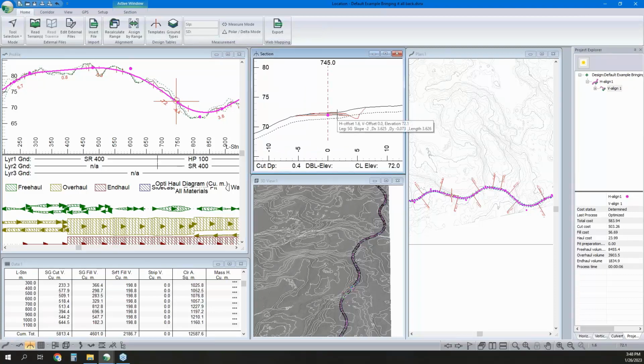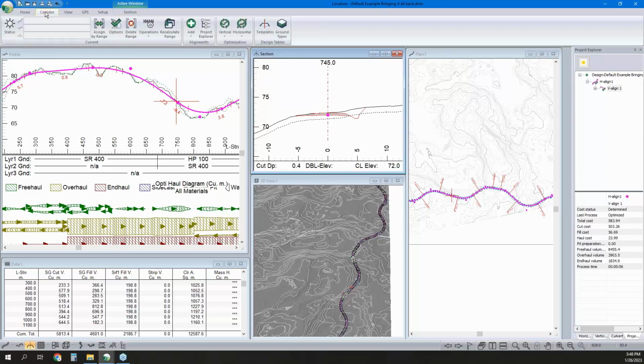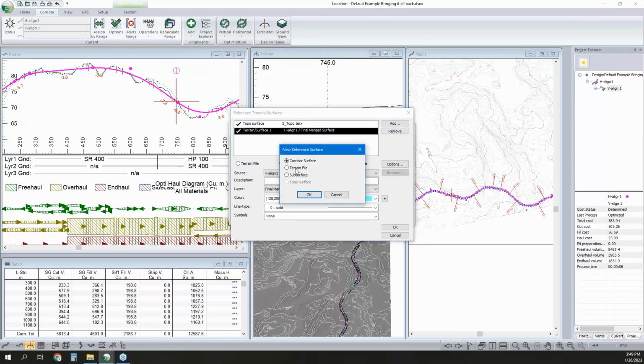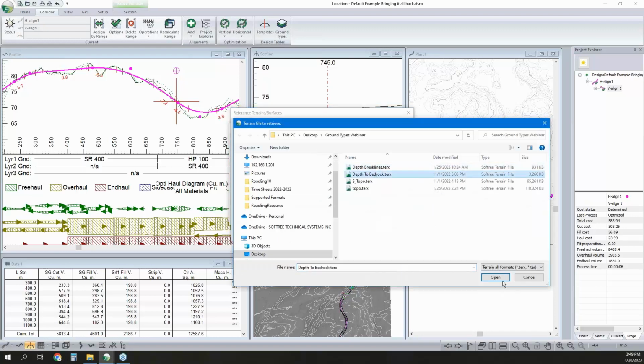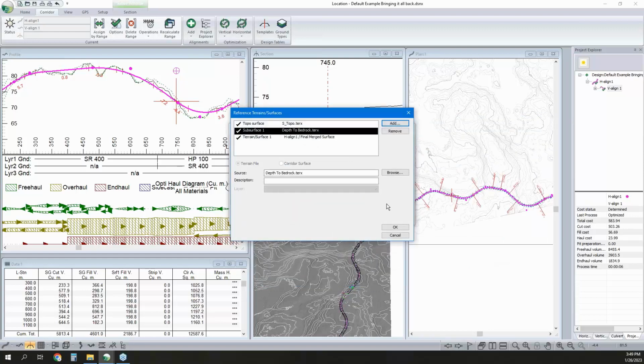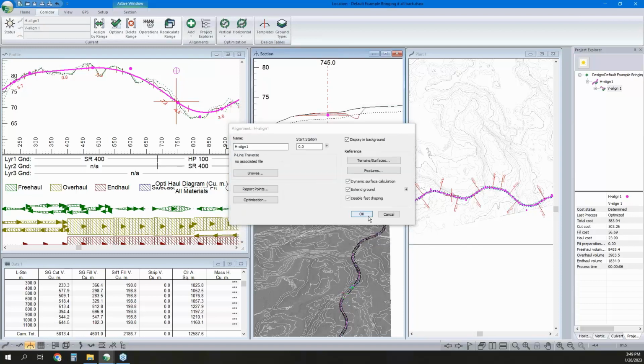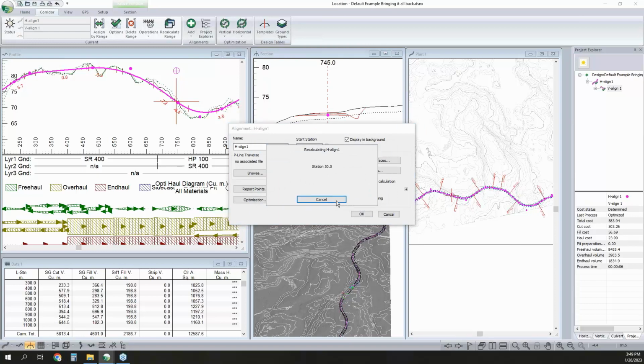Now let's get a little fancier here. And if we want a surface that's independent, we can go into options. We can go to terrain surfaces. I'll click add, and I'm going to add a subsurface layer. And I've got this depth to bedrock terrain file set. So what that does is it gives me the ability to, rather than assigning that fixed depth, I can pull in my depth associated with that. So once this is done reading in that extra terrain file that we've added,